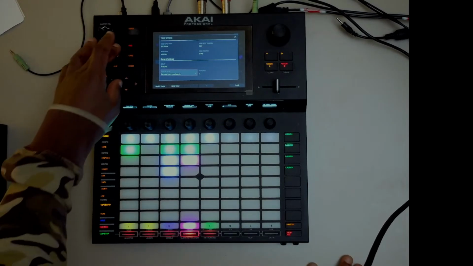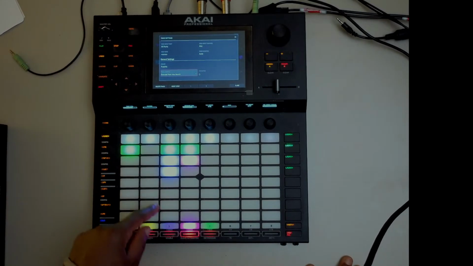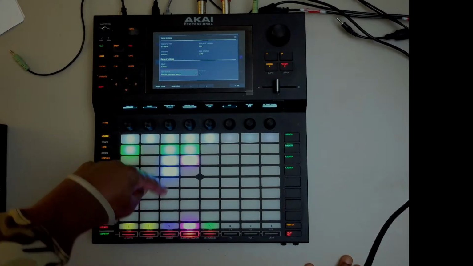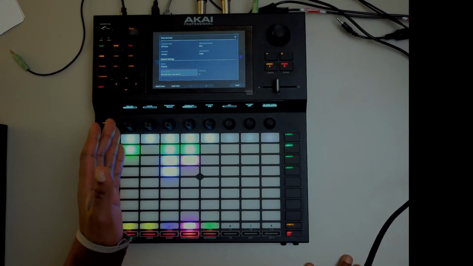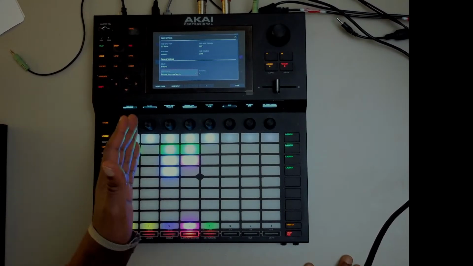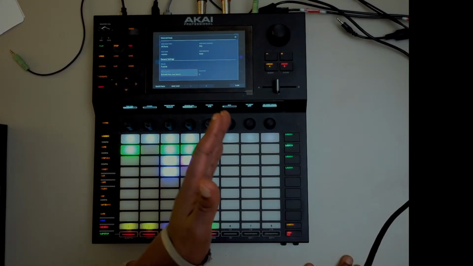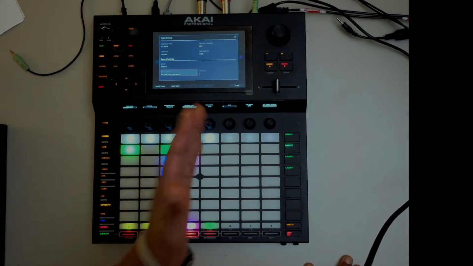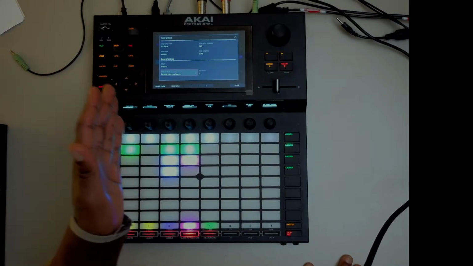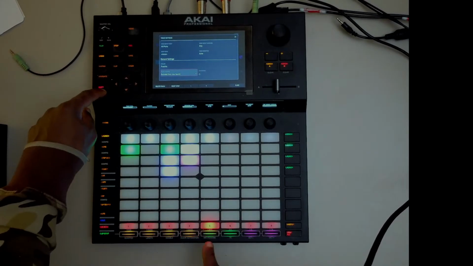But now, here's an extra step. Because it's legato, it's continuing, but I don't want it to do it globally, because it'll play along and then it'll continue from where it is on the next bar, because we've got this set to bar.